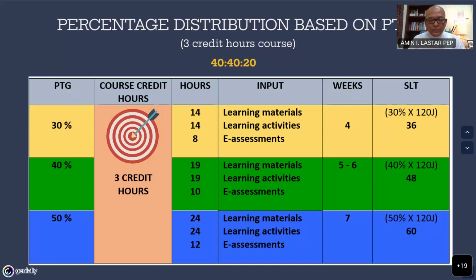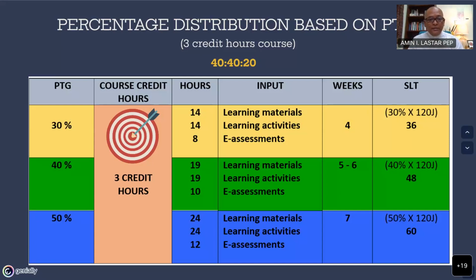UMS has endorsed that, diluluskan by Senate, that 30 to 79% implementation of PTG can be endorsed by the faculty or institute or centers.